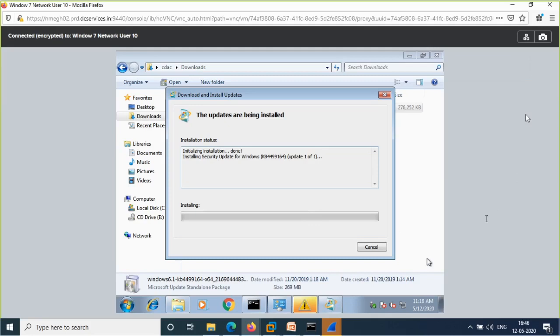It is one for x86, another for x64. So you can go for the x64 one. I go for 64. And after that, you will download it. Jyoti, please download it once and show it to all. Yes, ma'am.